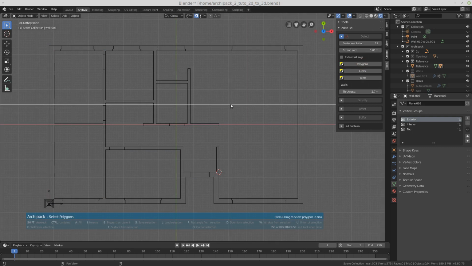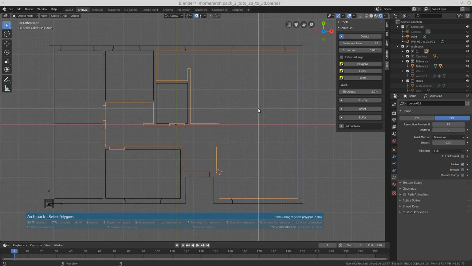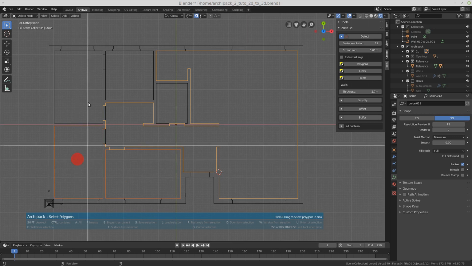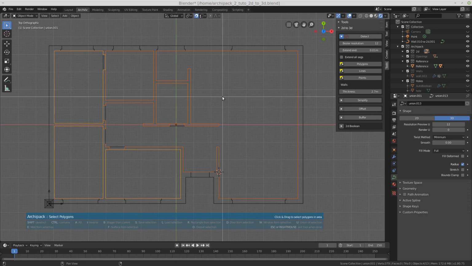A to deselect all. I select this part with parts under the doors, and I use the union U key, which basically draws an outline from the selected polygons. So that's it for this one. A key in order to deselect all, and next I select those ones, U key for the outlines, A to deselect, and the last one, U key.